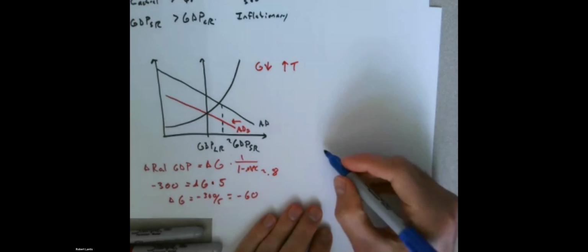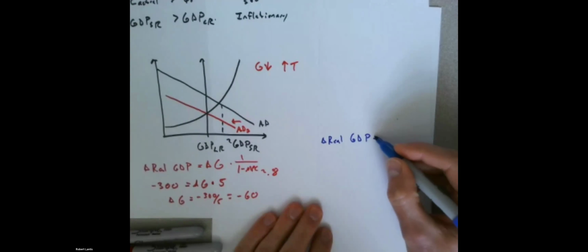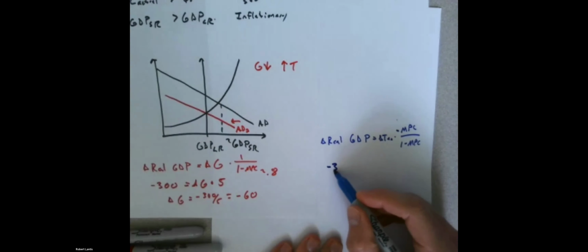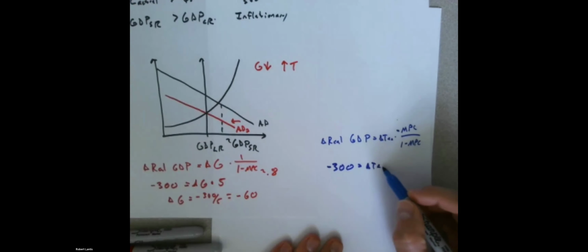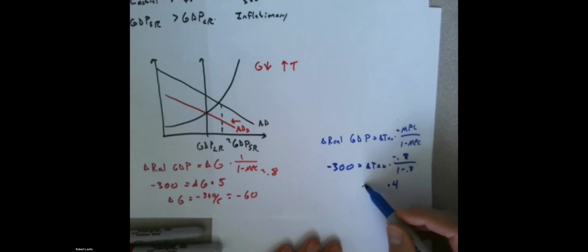And then if we wanted to take this a step further, we could say, what's the necessary change in taxes? It'd be the exact same thing. However, that change in taxes got multiplied by the marginal propensity to consume times 1 minus. But here there was a negative sign. Remember, increasing taxes actually decreased our GDP. So there we have a similar setup, but we would have negative 0.8 over 1 minus 0.8. So this would be multiplied by 4.